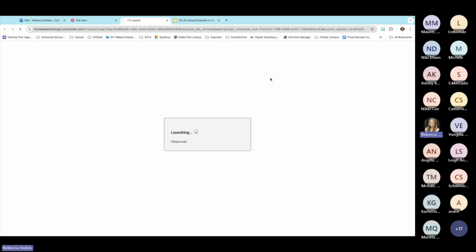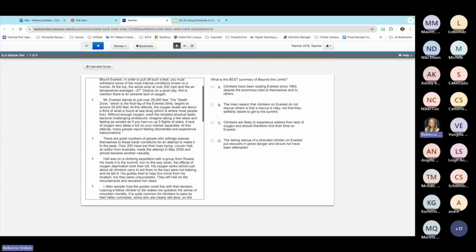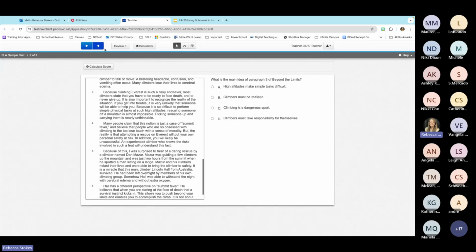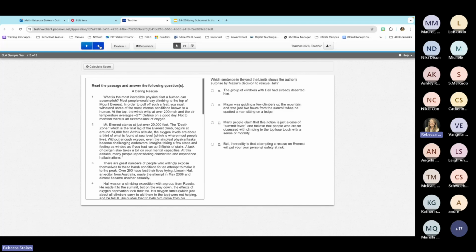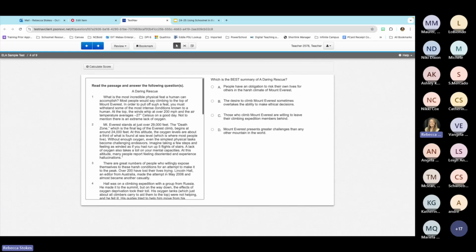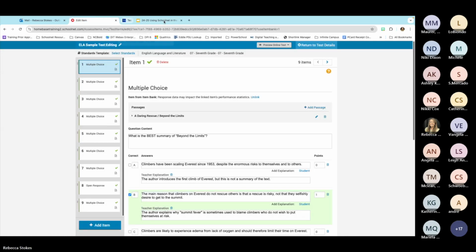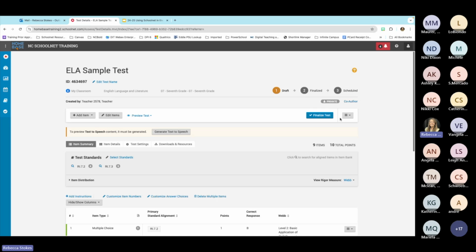Come on, 9 questions. Okay, so I can see the passage here, and that passage would actually be on every page for the students, so they don't have to click back to view the passage on each question, because it's going to keep it all together and they will be able to see it on each one. Okay. All right. Then I would return to my test details and I would go through the process of finalizing this